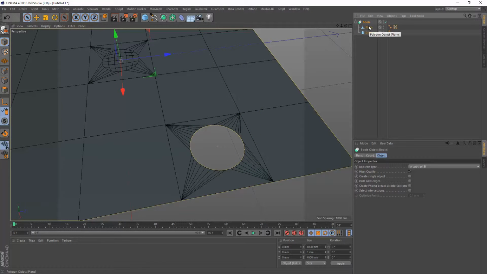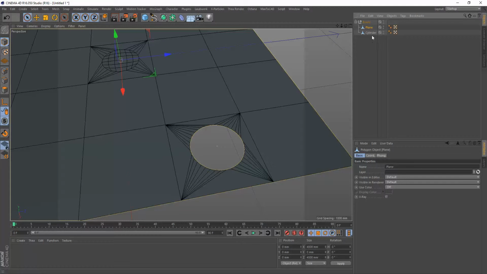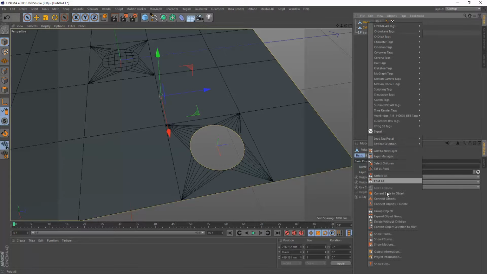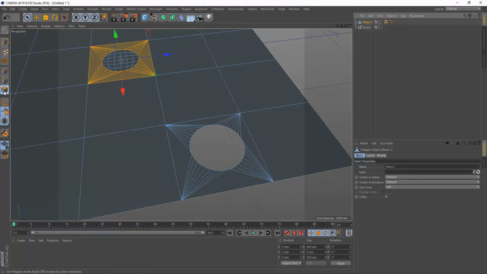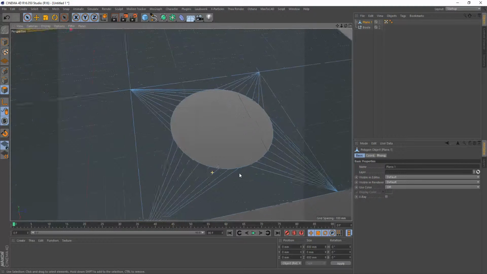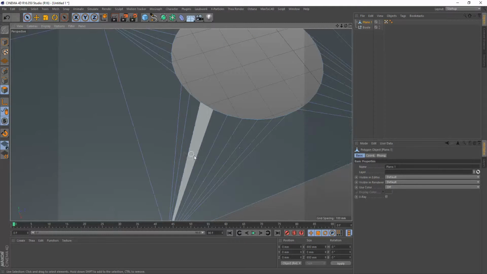the problem is when you edit Boolean and connect the object and delete, and see what happened. You have all the surfaces, and that's not the best solution.